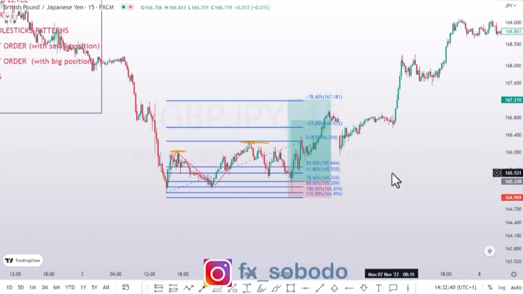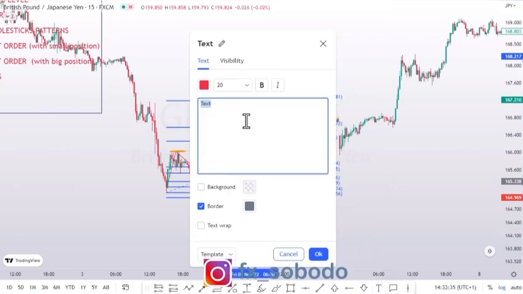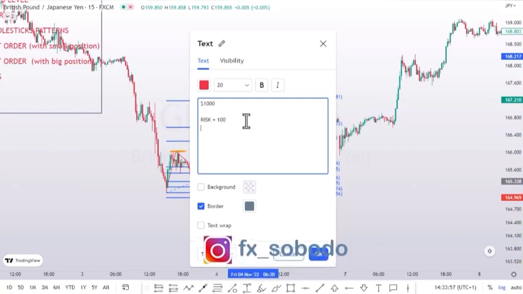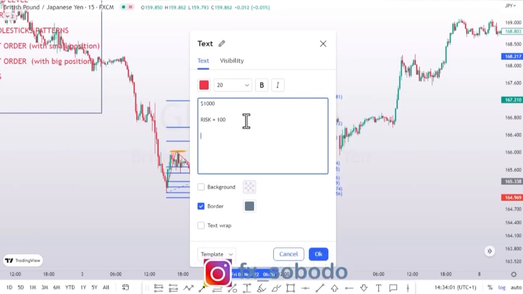You see, this is your stop loss. Now, let's say you have $1,000 and you are risking $100. Then your position size